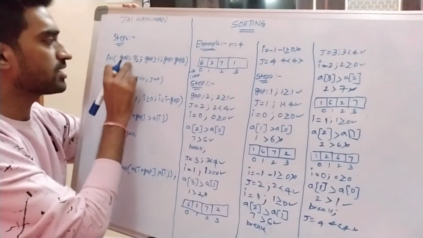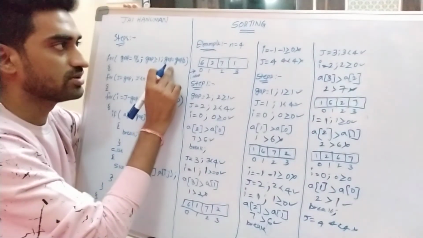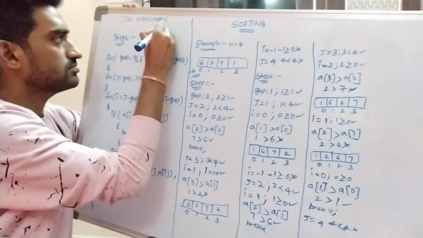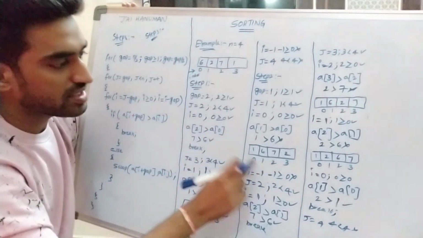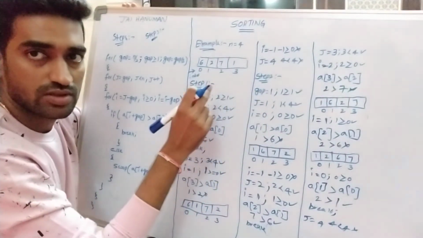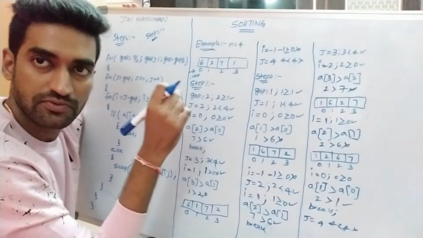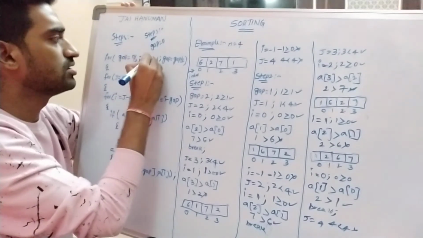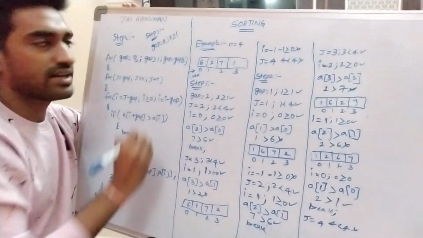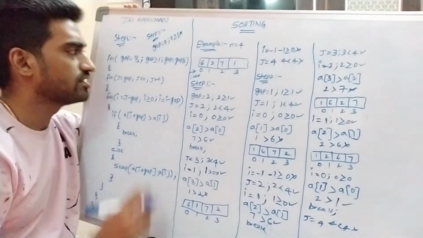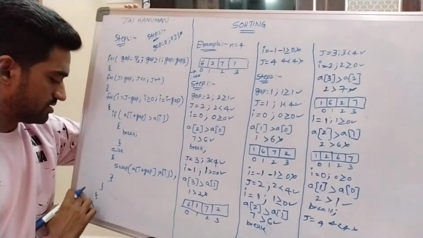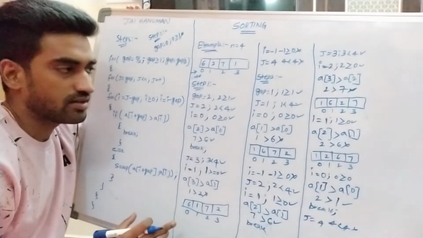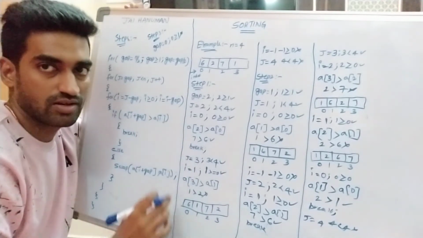Here I am calculating gap with the help of gap is equal to gap by 2. So what is the gap value? In step 3, we are calculating gap by 2. The previous gap value is 1. So 1 by 2 is equivalent to 0.5. Floor of 0.5 is equivalent to 0. So gap is equal to 0. 0 greater than or equal to 1. Condition is failure. So that's why the control will be passed out of the loop. Right? So this is the process for arranging all the elements in ascending order using the shell sort mechanism.